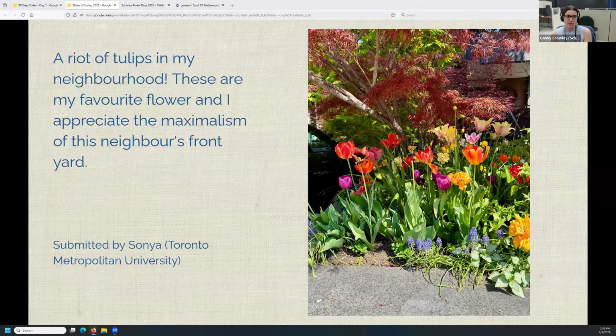This is from Sonia, and I love this description, a riot of tulips in my neighborhood, Sonia says. These are my favorite flower, and I appreciate the maximalism of my neighbor's front yard. This is also my favorite kind of garden. I really love a wild garden with lots of different brightly colored flowers and plants kind of growing every which way. So the ones in this picture here, we've got bright red, pink, yellow, orange, and even some little purple